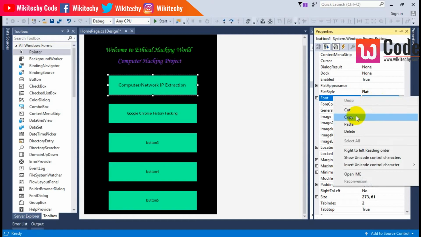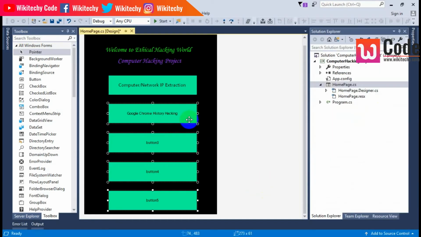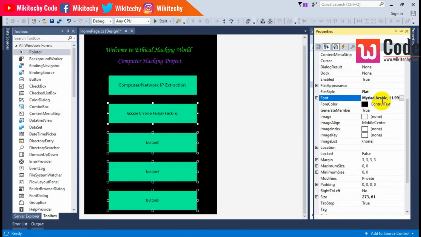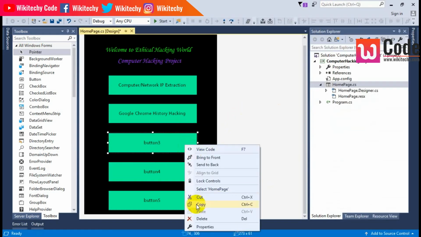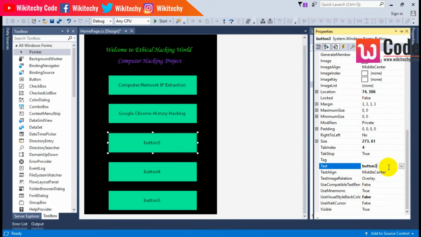I'll right click, copy, select all the things. Right click, properties, let's go here. Yes, I got it. Now this one, right click, properties, text, we got Firefox browser hacking. Right click, properties, Internet Explorer browser